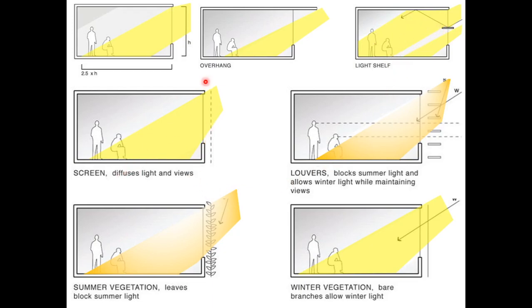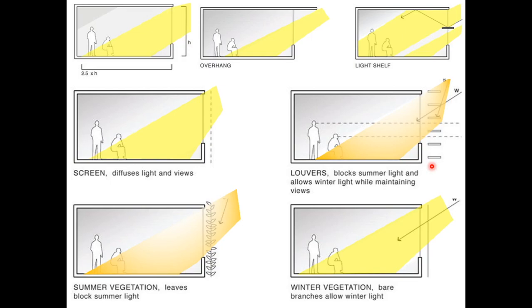We have a screen which gives you diffused light, and it is also diffusing the views, of course. So if you want a space where you want only diffused light, you can use screens. It can be a screen inside or outside, it can be blinds, or rotatable screens, retractable screens, wooden blinds. All these things can be used. Of course, we have louvers, which cut off most of the radiation and give you a lot of diffuse light, which is also very efficient in tropical countries and areas.